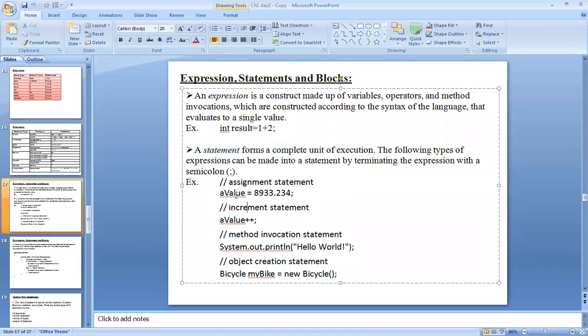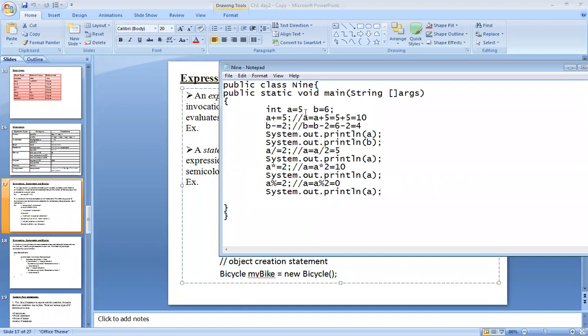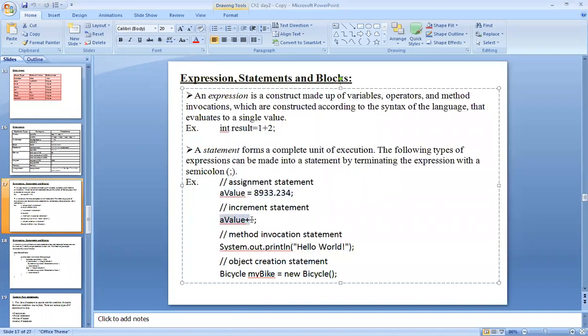Now see, this one is called the assignment statement because you have assigned some value to that variable. In our program, this one is also an assignment statement. This one is also an assignment statement. Next one, increment statement. Whenever you are decrementing, then it is called a decrement statement.